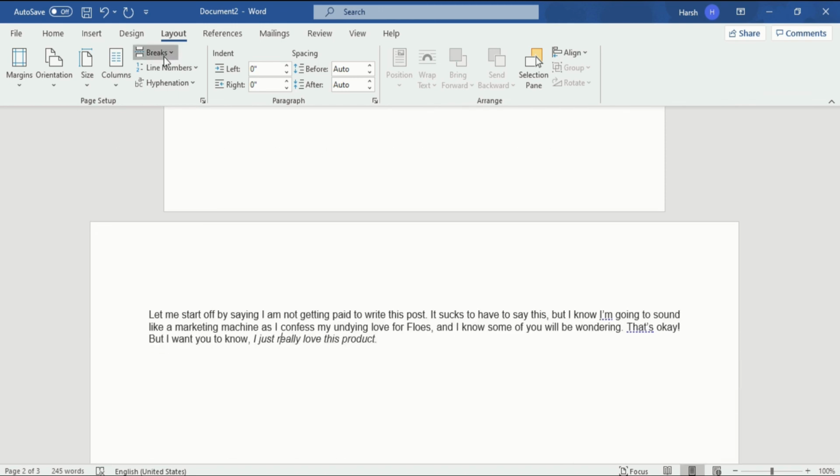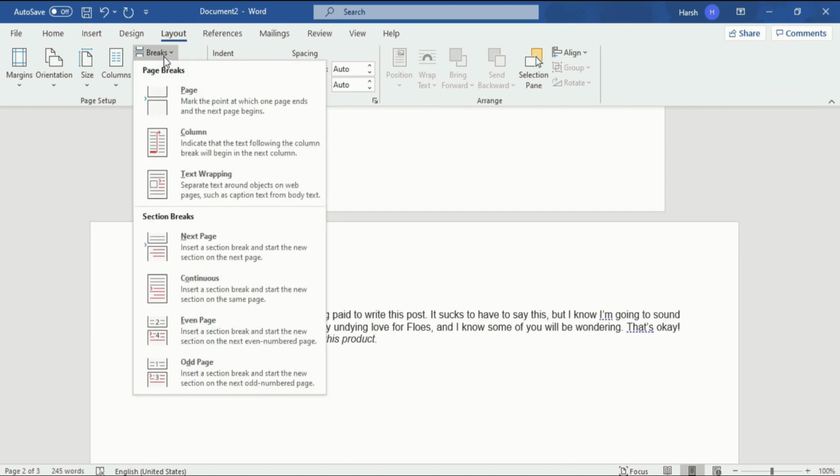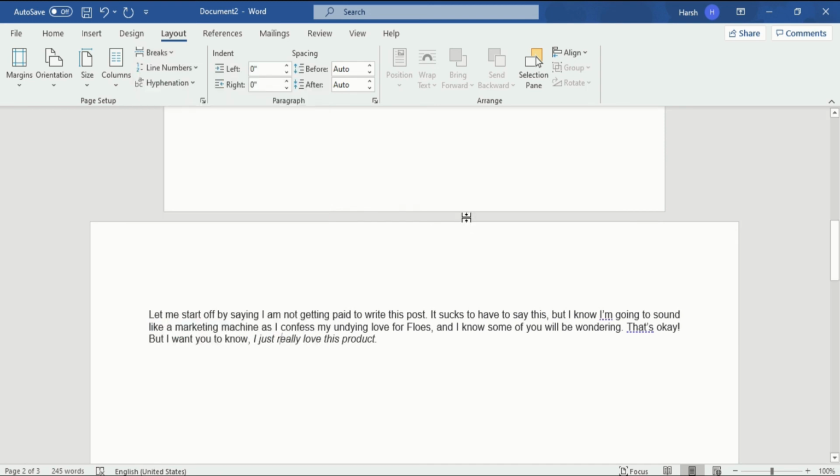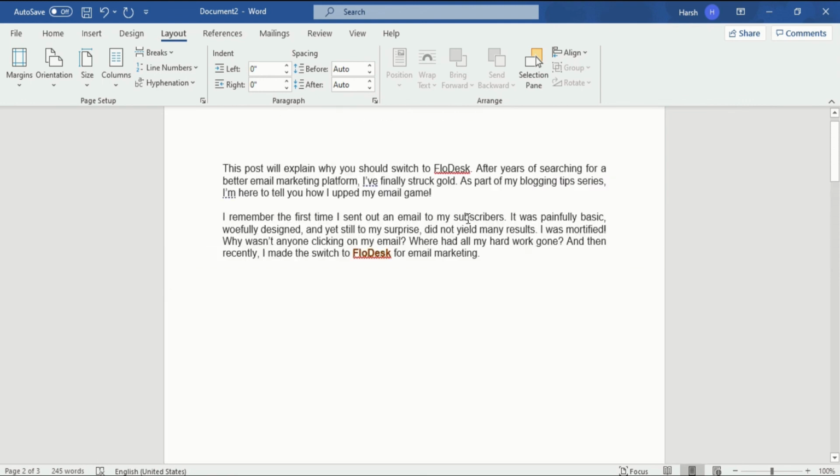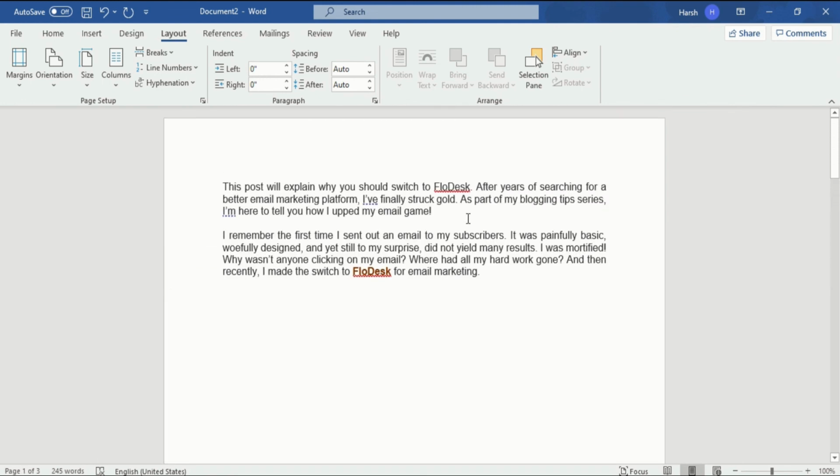So the break is one of the most crucial things. If you do not know it, you are just wasting a lot of time, because the section break, especially the next page, is one of the crucial things and will help you to work efficiently in Microsoft Word. Now, after covering this point, we will move on to the fifth and last point of our video, in which I will show how to add serial numbers to our table easily.